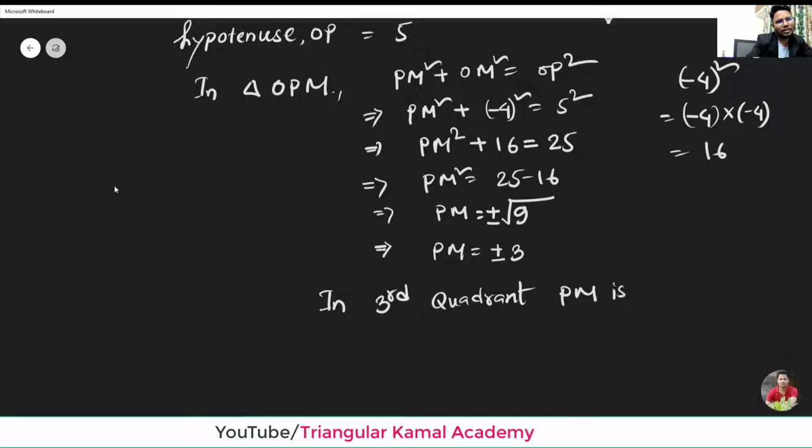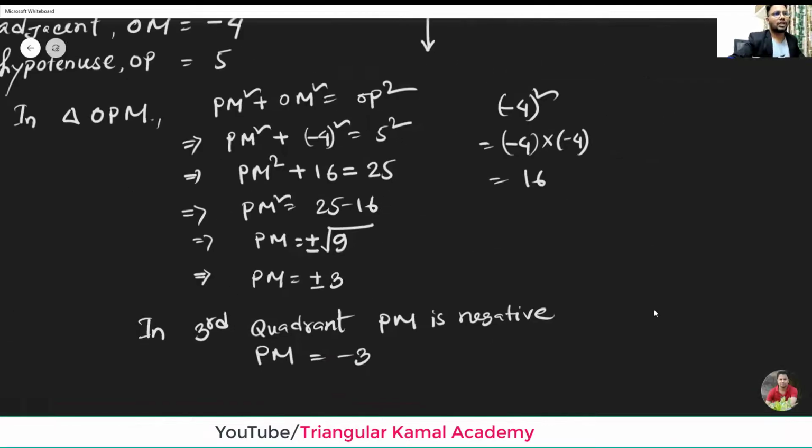PM is negative. So PM is equal to minus 3. Now what is the question requirement? Find the value of tan theta and sin theta. So now here we can write